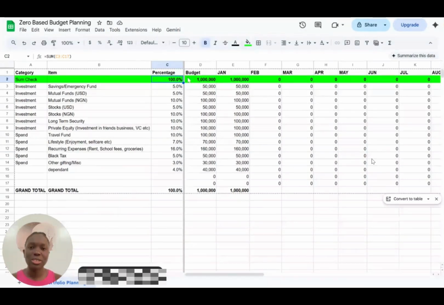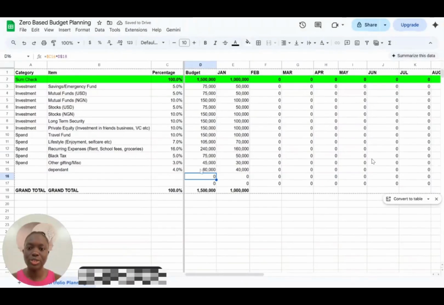And that's really just it. So now the budget here just helps you to put a number to it. This assumes that if you earn 1 million in a year, the moment you put this 1 million at the bottom, the other rows will populate. For example, if your own salary is 1.5 million and not 1 million, the moment you change this to 1.5 million, all of these numbers also populate and let you know how much you can spend on these other things.